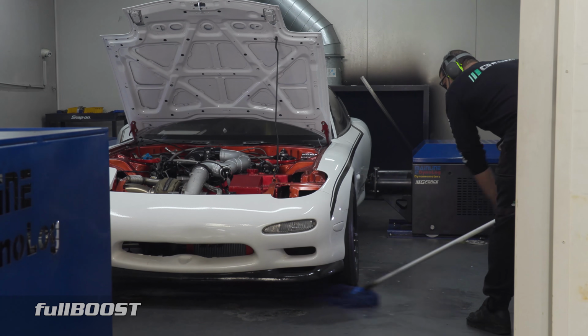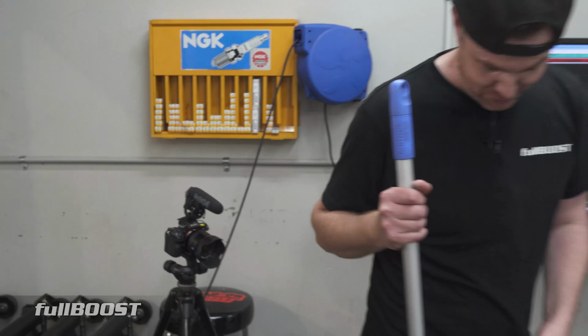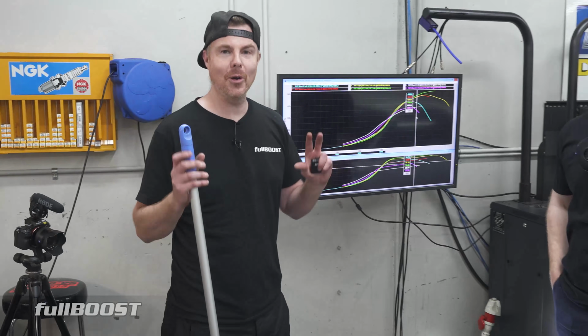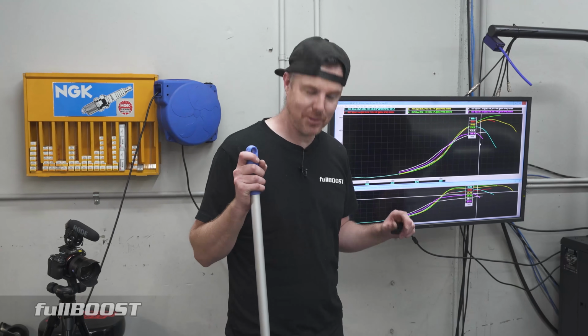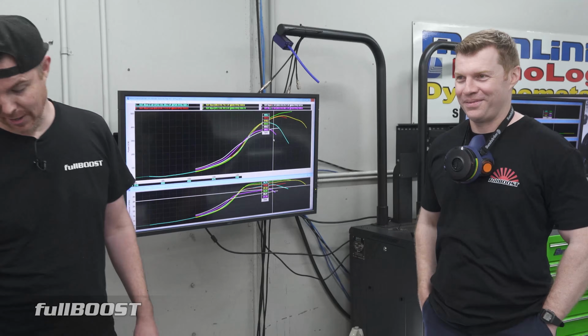So we had one little fitting vibrate loose and had a little fuel leak, but now I know, because you don't want to be cleaning up thick diff oil with this, because you'd have to throw out the whole mop on that. I bought a whole box of rags because I own a rotary and I know what it's like, so I'll be using the rags on the diff before you get this out, because I see it's some other dynos. It's just the bucket of sand, and it's just the constant brooming. Yeah, sand. Exactly. You can dump that kitty litter down and shovel it up, but